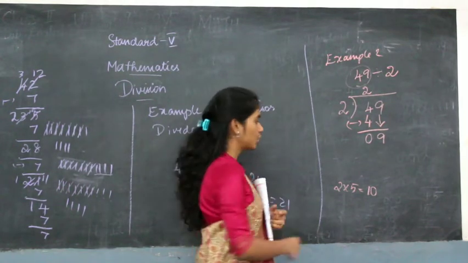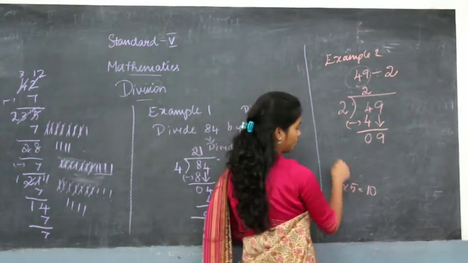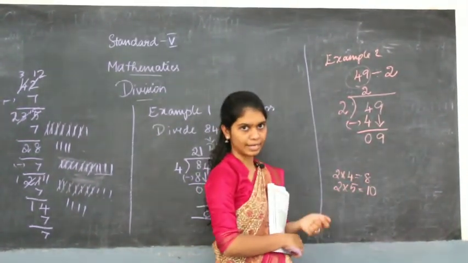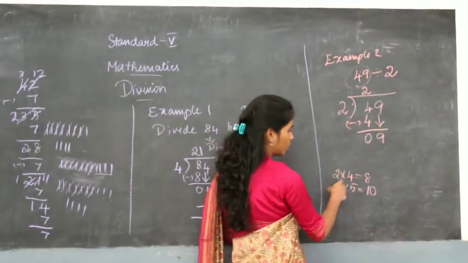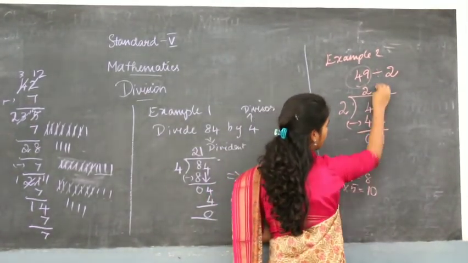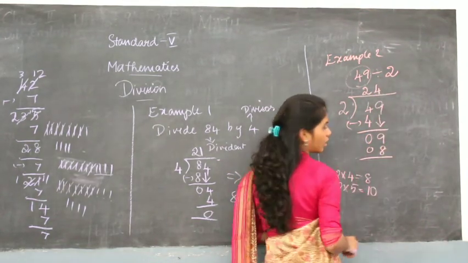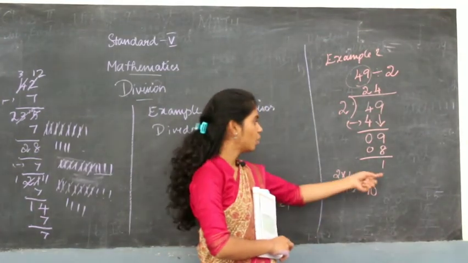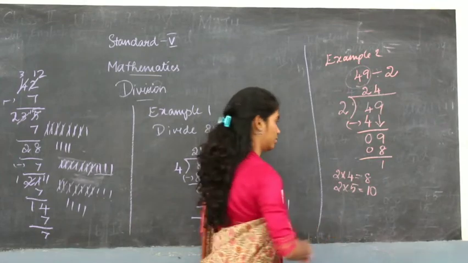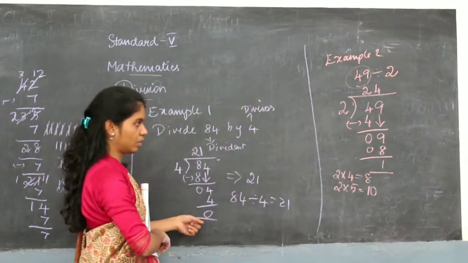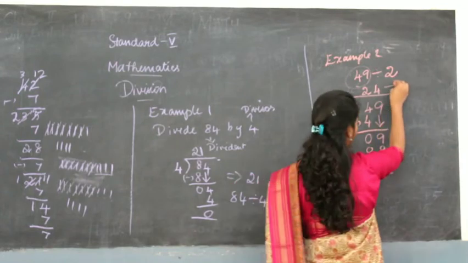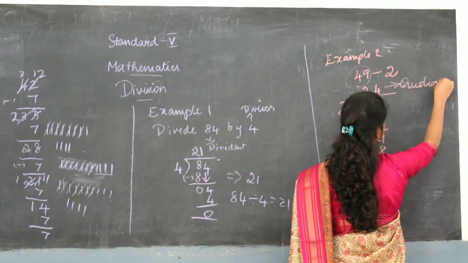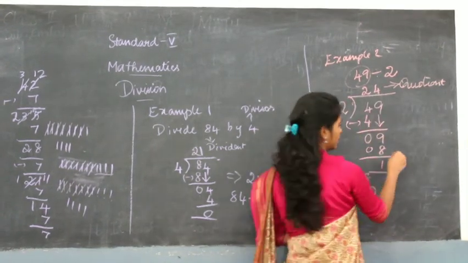So what you will do is you will go to the number before. You will go to the table before. So 2 fours are what? 2 fours are 8. Right. So what you will do is you will use this one. 2 fours are 8. Now 9 minus 8 is 1. Here you got 1 as the remainder. Here you got 0 and here you got 1. The first one, the term on the top, is quotient. And the term here is remainder.